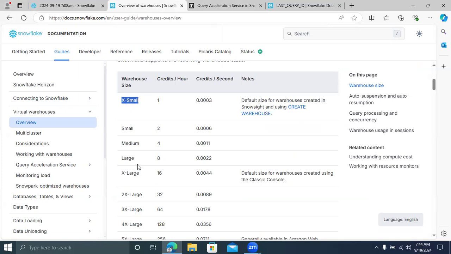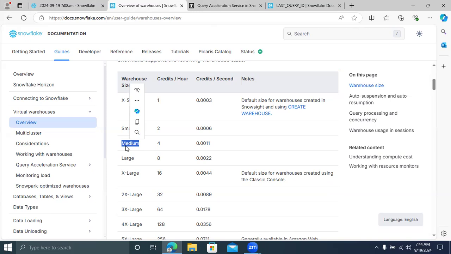Now, just take an example. Suchita has a medium warehouse. If she uses scale factor 16, how many warehouses will be created? She's using medium warehouse size.